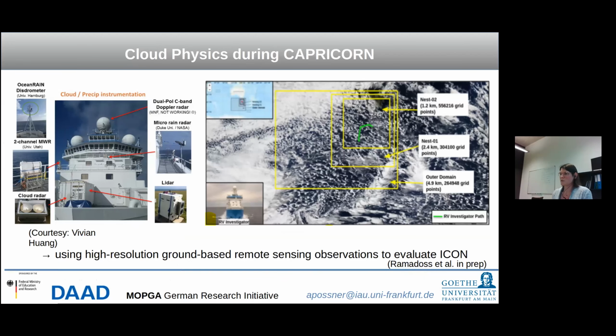And a lot of this is due to the microphysics representation within these clouds, and that's something we're assessing within a field campaign-based approach of simulation, because these global simulations are so expensive at the kilometer scale or even higher resolution. So we go back to running case studies where we have observations of this. And ground-based observations, like the ones that were taken during CAPRICORN, one of those ships heading poleward from New Zealand and continuously measuring the atmosphere, give us a much higher spatial and temporal resolution of these observations than from space.